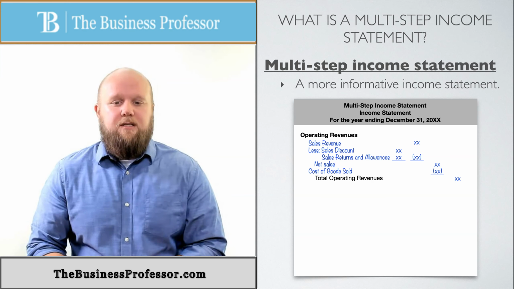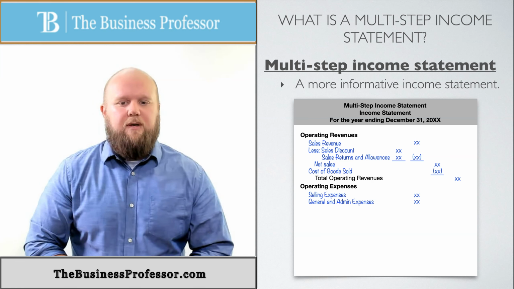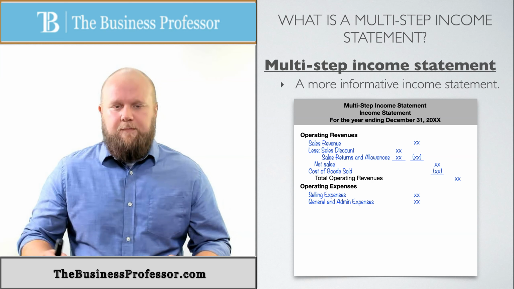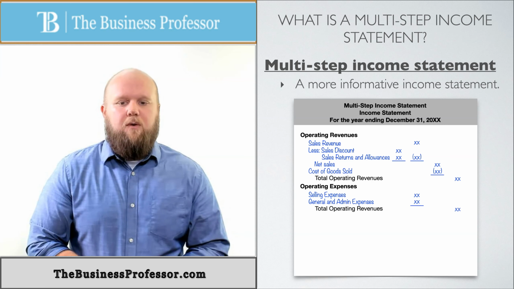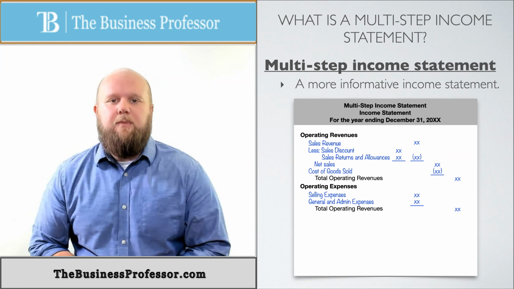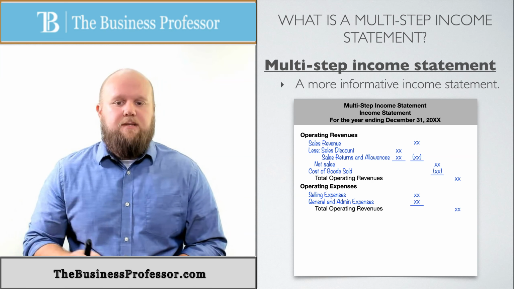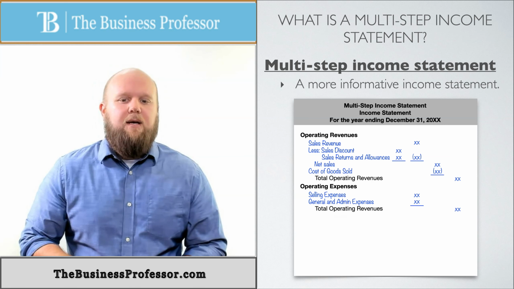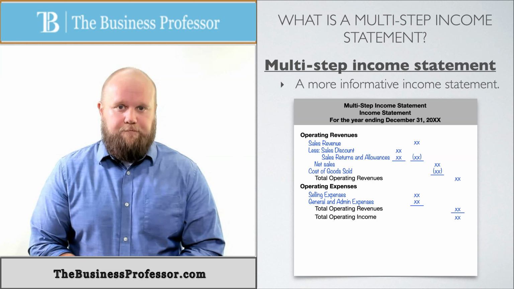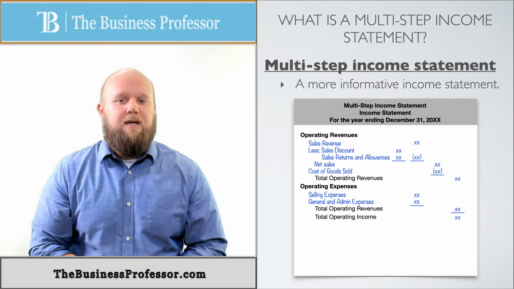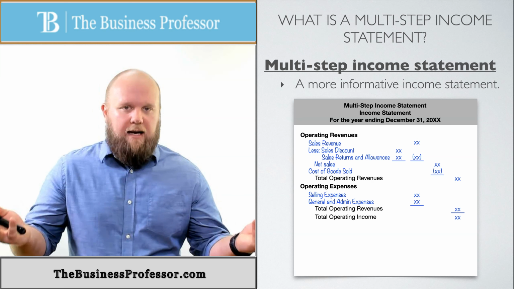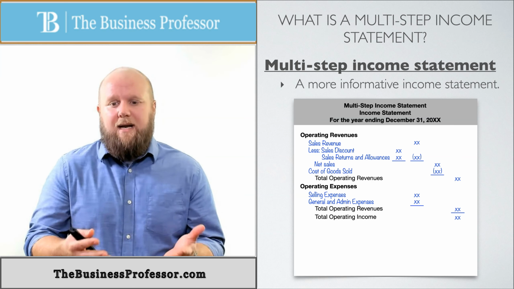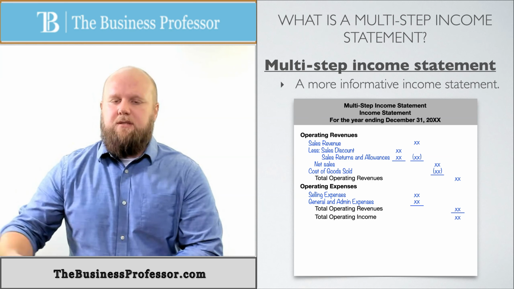Then we go to the operating expense side, and then we just start listing those out, whatever they may be. Selling expense, general admin expense, utilities, whatever. Okay, add that up. That's going to give me my total operating expense. Just copy and paste it. But total operating expenses. Now, if I subtract my total operating expense from my total operating revenue, that's going to give me my total operating income. Okay, that's half of the multi-step income statement. Arguably, that's the bigger half of my multi-step income statement, because that tells me what I can expect year over year from this company.